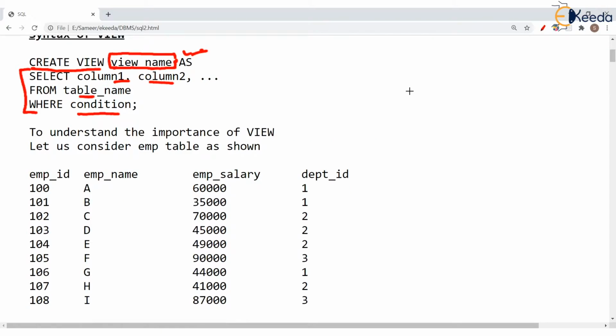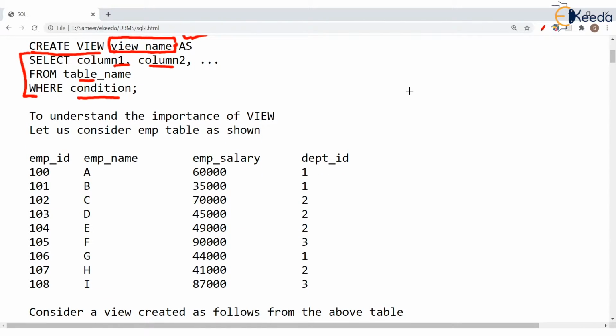Just imagine for an example sake that we have an EMP table. An EMP table has these attributes: employee ID, employee name, employee salary, and department in which the employee works. Just imagine that just as this table, we want to create a view.